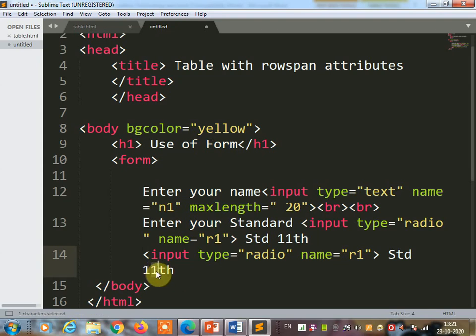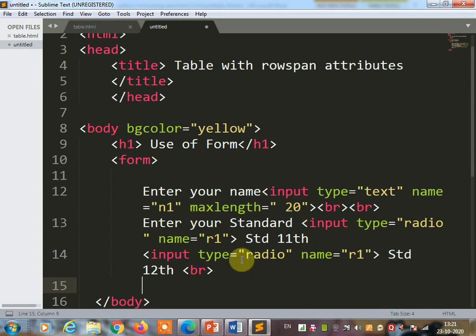So here the radio buttons are over. Now you can give the br tag once again. Now entering your name is over, and enter your standard is also over, or select your standard.